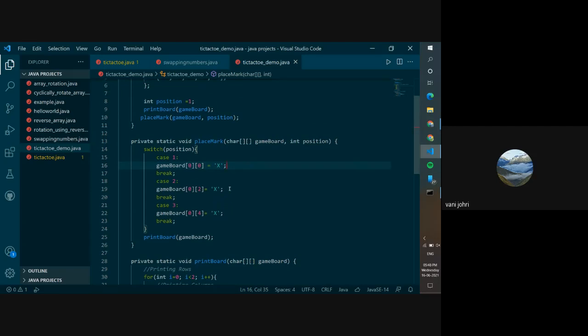No, right now we are just working on taking a number from the user and printing a symbol there. Right now, you will make the user enter a position. I've just given one over here. You will make the user enter a number between 1 and 9, and we are just printing according to whatever the user says. If it says 2, then we are printing X at 2. If it says 3, we are printing X at position 3, like the third box in our game board.